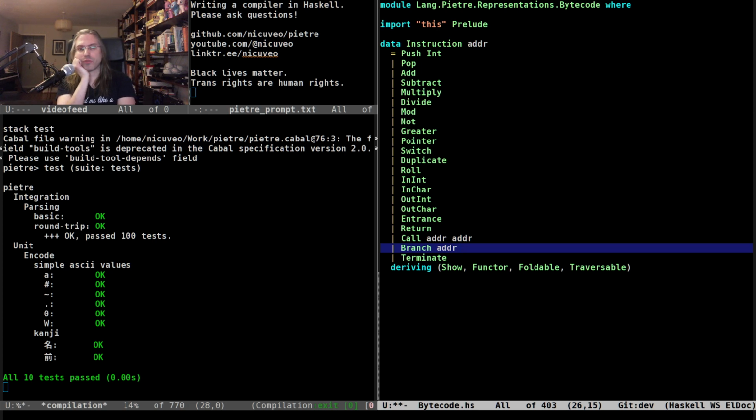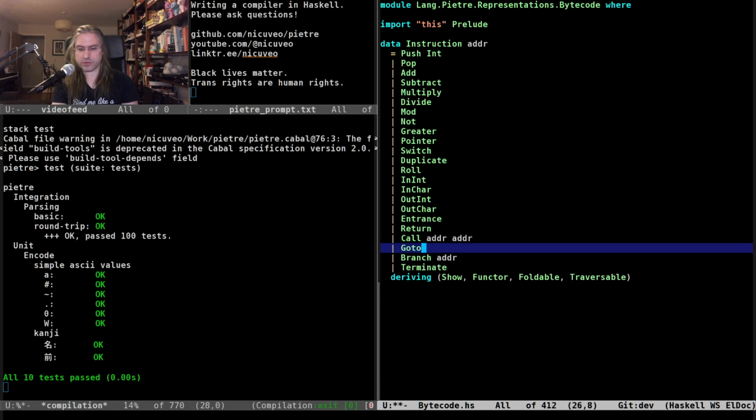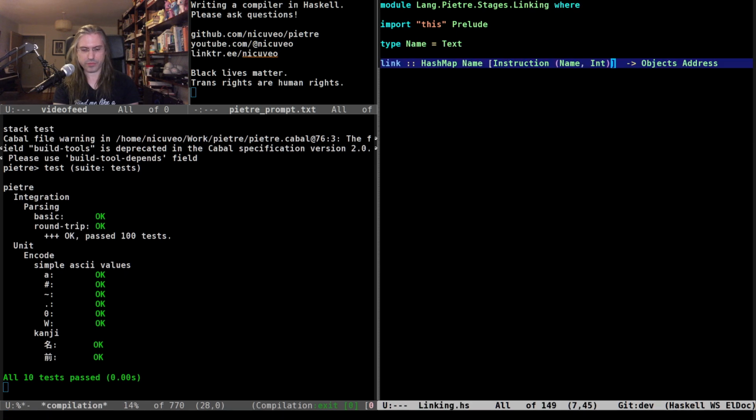And I think we want a goto as well, which is just an address in the current function. And so as a result, we know that calling a function will always be calling address 0 of that function. But that means...